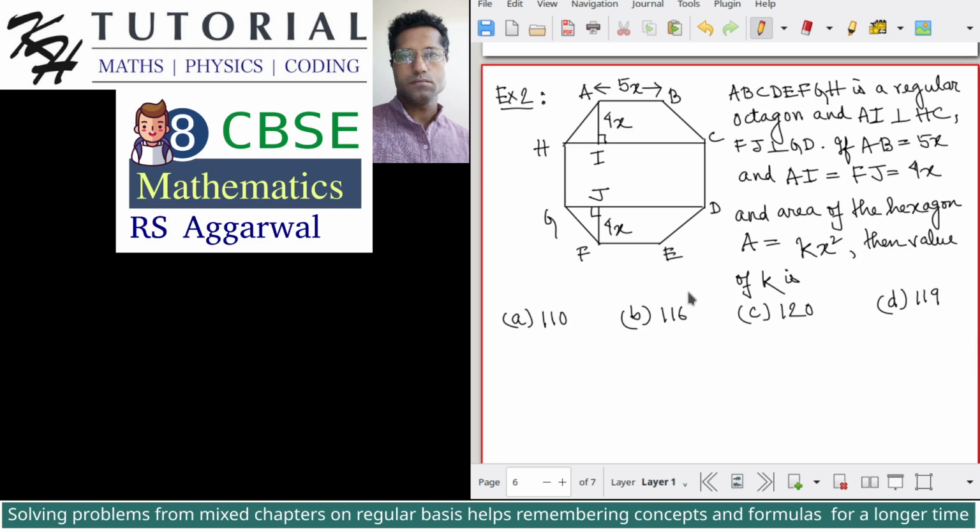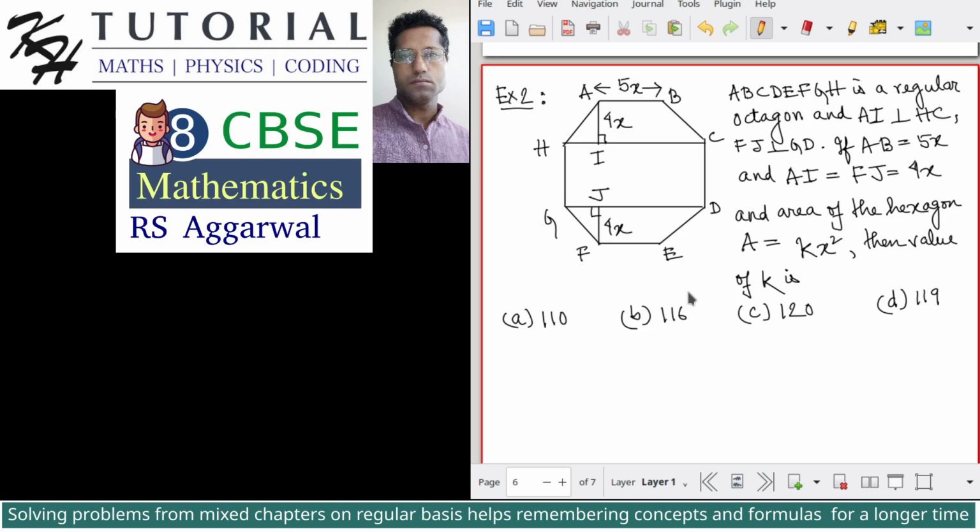Okay, so we are given ABCDEFGH is a regular octagon. So we are having 8 sides, and AI is perpendicular to the diagonal HC. FJ is perpendicular to diagonal GD. If AB, that is the side AB, is equal to 5x, which means that the length of each side of the regular octagon is 5x, and AI which is perpendicular to HC is 4x. That is, AI is equal to FJ is equal to 4x, and the area of the hexagon A is equal to kx square. Then the value of k is